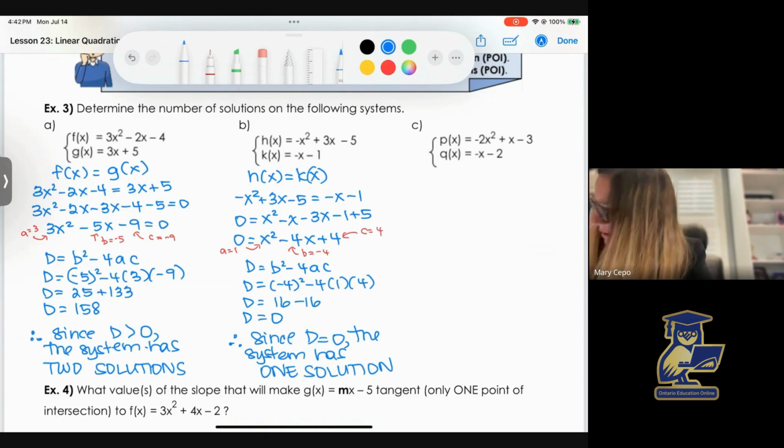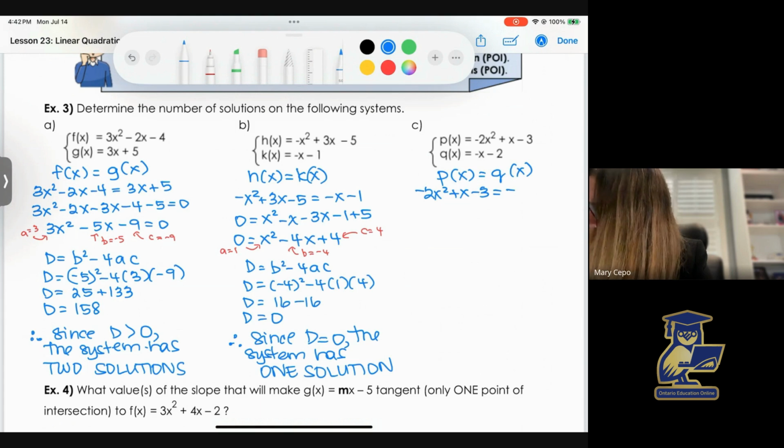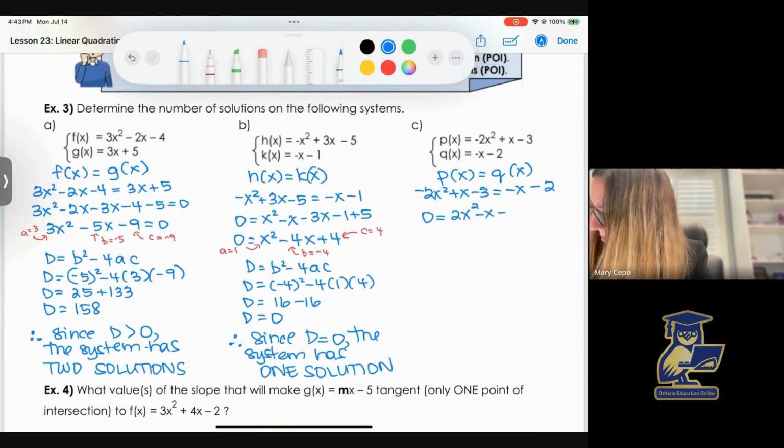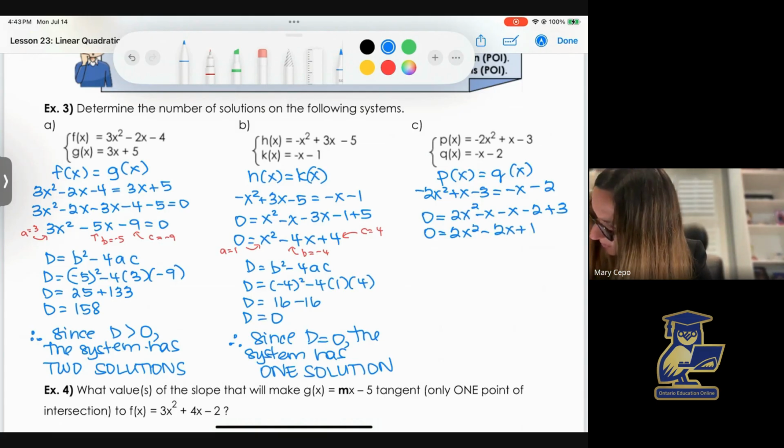Continue on with C. Again, we let P of x be equal to Q of x. We have negative 2x squared plus x minus 3 is equal to negative x minus 2. I would bring everything over to the right. So 2x squared, minus x, bring that plus x over, minus x minus 2 plus 3. So we have 2x squared minus 2x plus 1. And then that means a is equal to 2, b is equal to negative 2, and c is equal